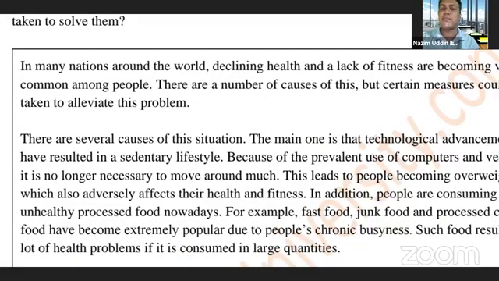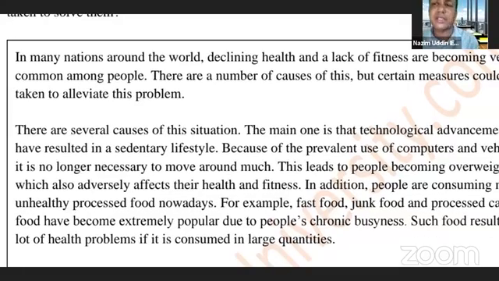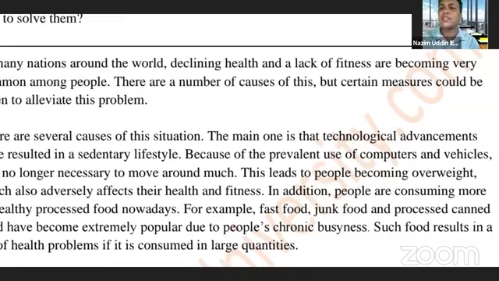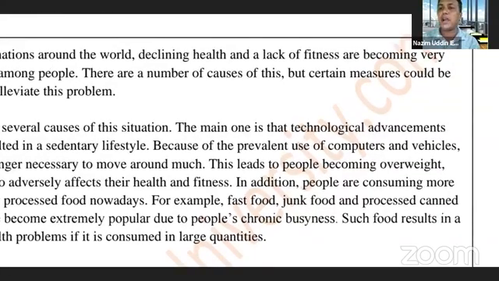The second paragraph is about the causes. We can begin with the causes. There are lots of causes: first of all, secondly, thirdly, moreover, but we have to show their criteria. There are several causes of the situation. The main one is that technological achievement,